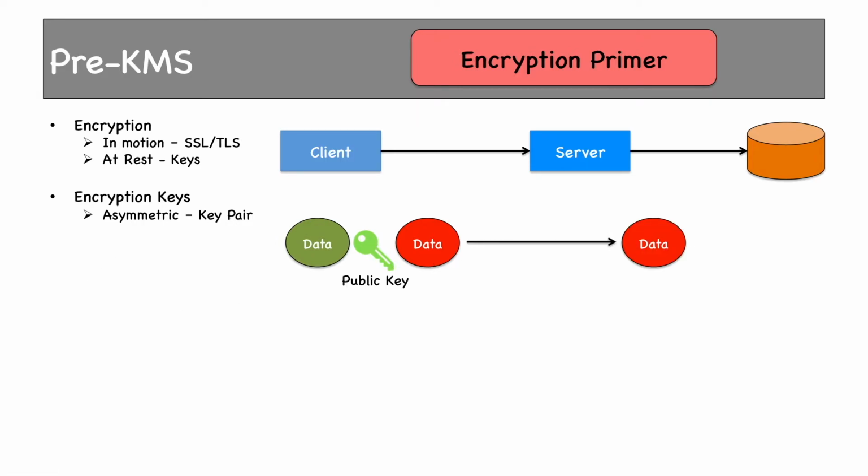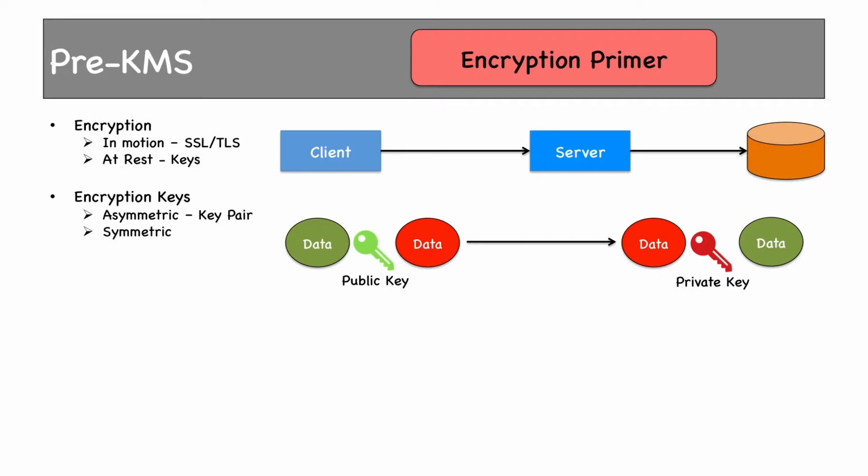Then this encrypted data is transferred to the server over the internet. As it was encrypted, no one can get the actual data. This can only be decrypted using a private key which is there in the server. Using the private key, this data can be decrypted and used by the application which is being hosted in the server.